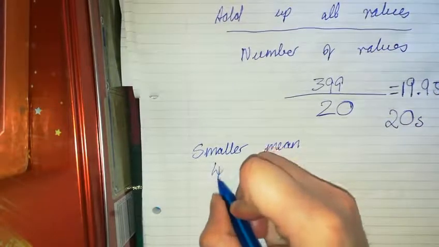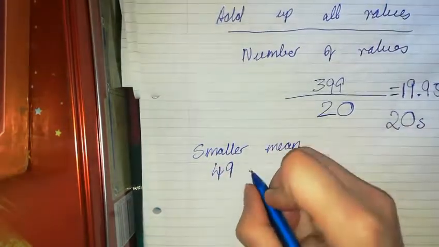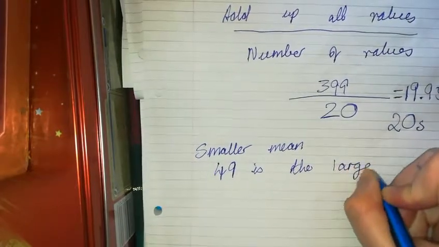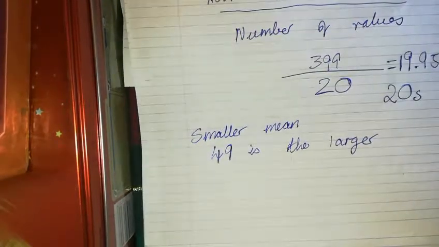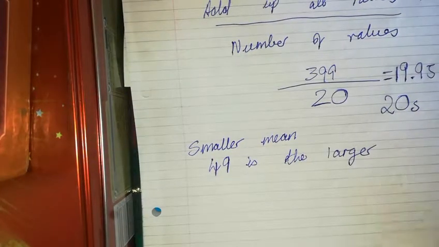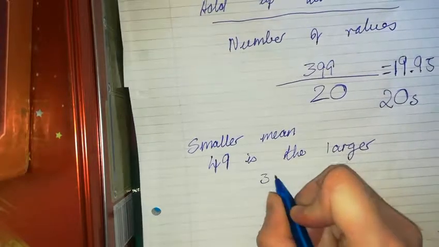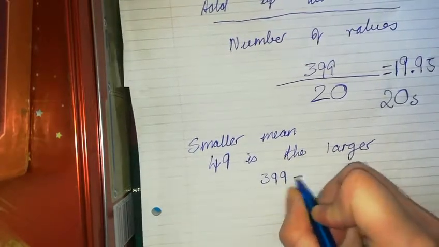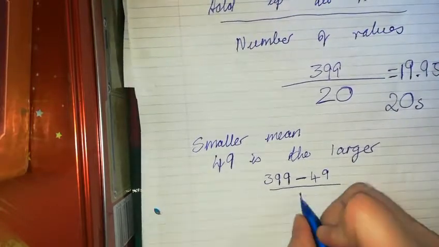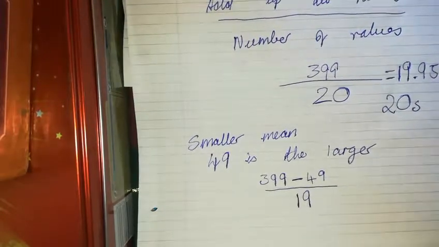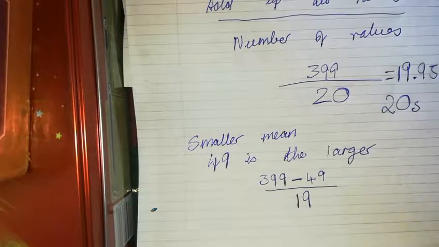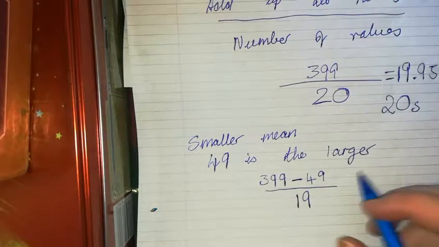because 49 is the largest number. Sometimes they call it an outlier. And if you wanted to get the mean again, if we just leave out Sean, it'll be the sum of all the values, 399, minus his value, which is 49, but then divided by 19, because now we're only taking 19 students, so we're not taking Sean's. So 399 take away 49, over 19, then we get